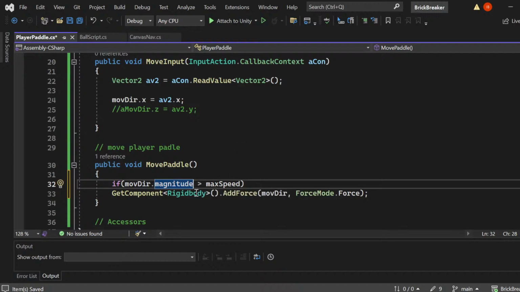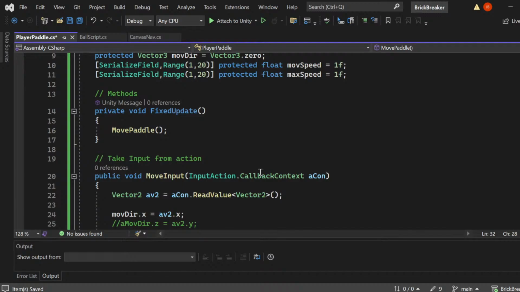For the most part, it's how fast it's moving. So if its speed is faster than max speed,